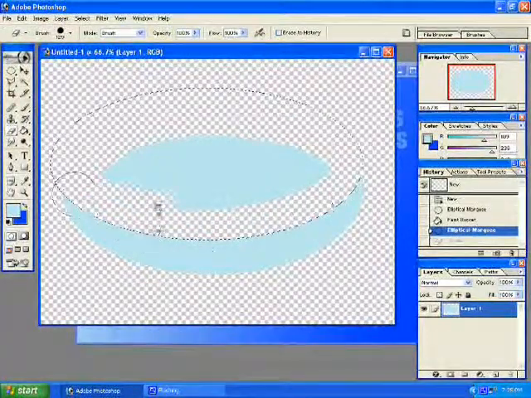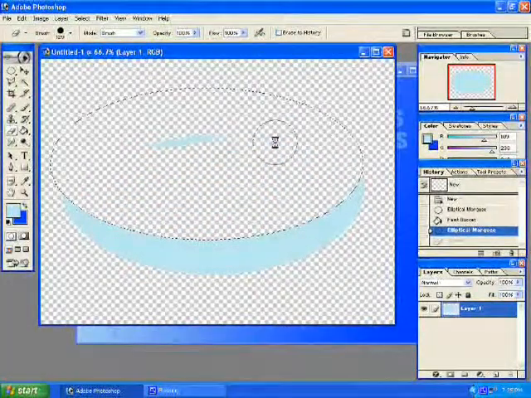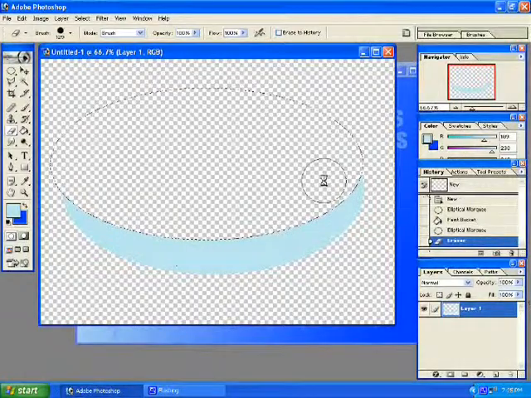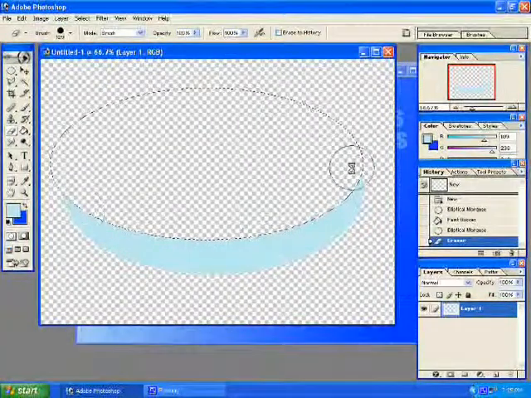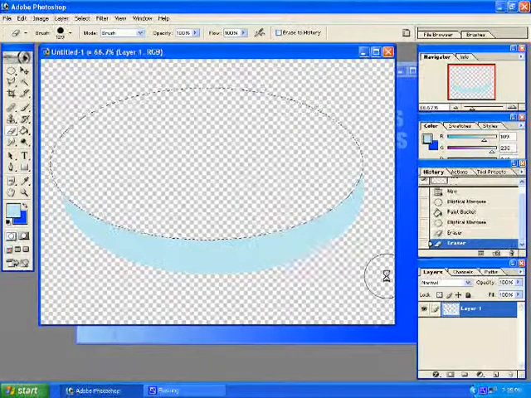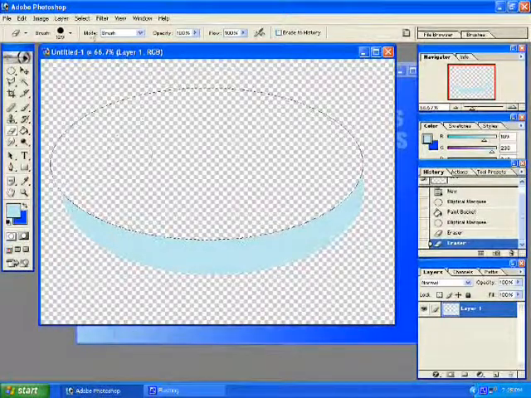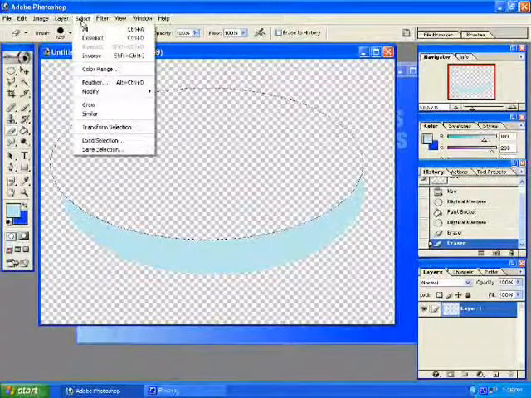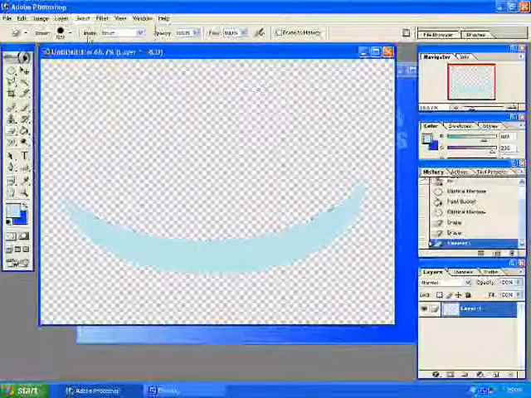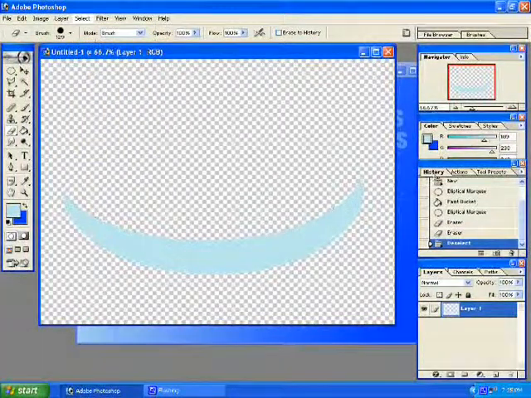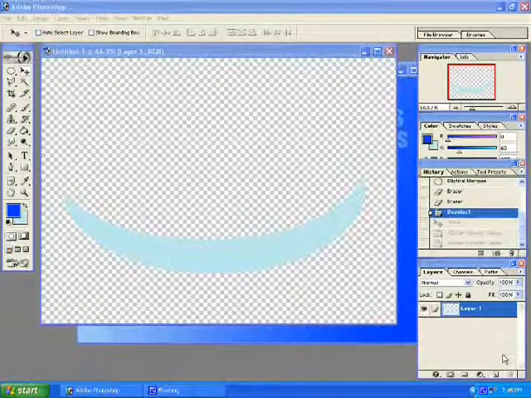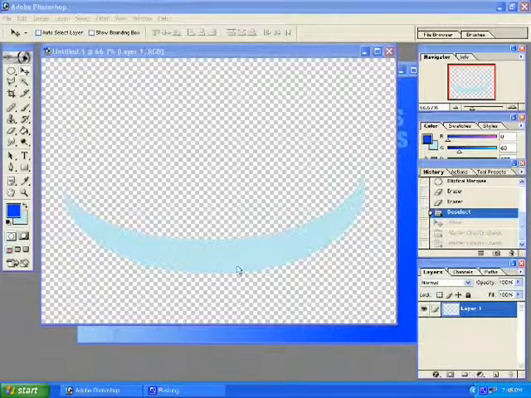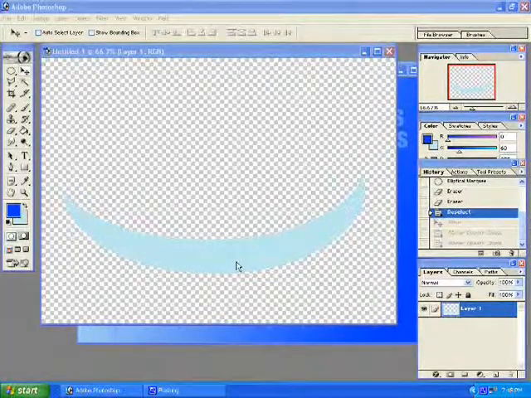And now we're going to get rid of the excess, the elliptical on top of the elliptical. And all that's left below is a ribbon. So let's get rid of the selection from the marquee, deselect, and now you have a ribbon. Alright, so now that we have a solid ribbon here to work with, you may want to leave it like that,